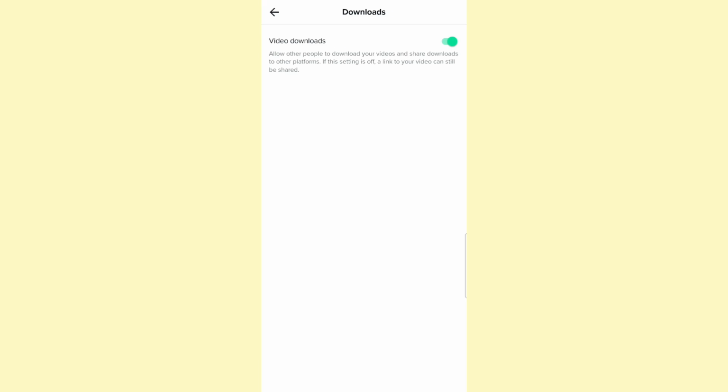click on downloads. And here you will see the video downloads option with a toggle next to it to turn it on or off. Right now that's turned on. So click on that toggle to turn it off, and by doing that you will disable the